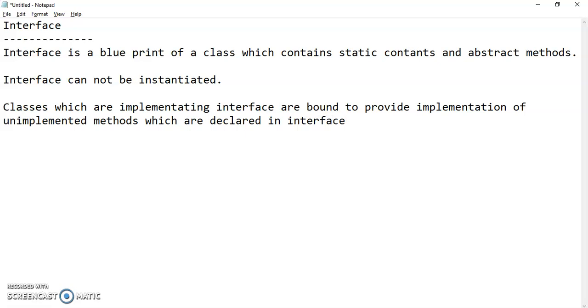Okay, so classes which are implementing interface are bound to provide implementation of unimplemented methods which are declared in interface.